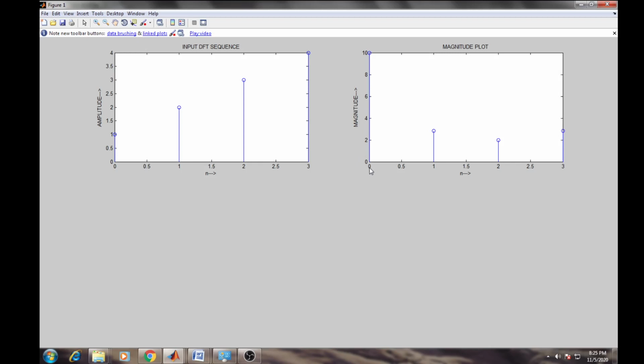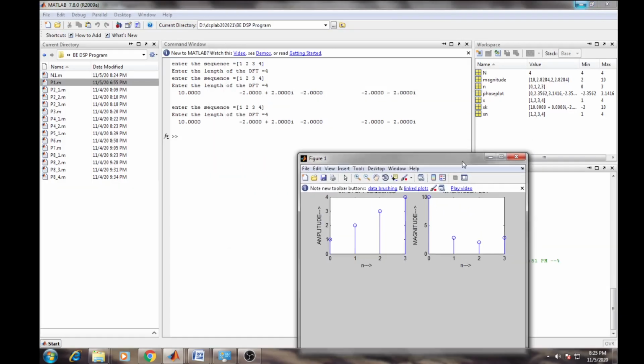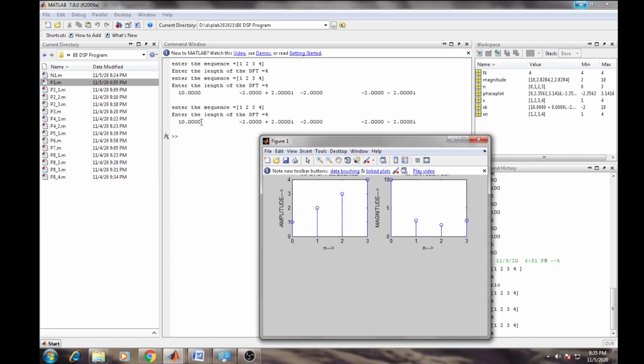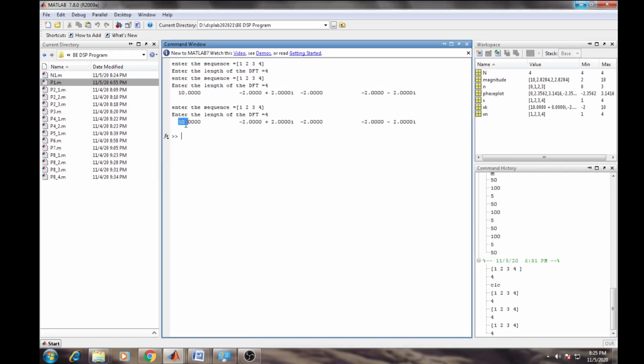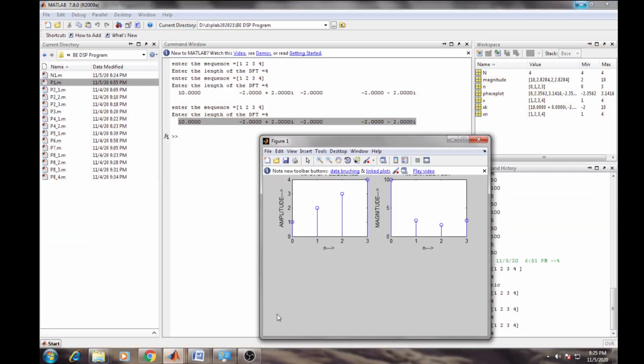In this magnitude plot you can see the values that were calculated displayed over the graph. So here you can see both things in front of you.